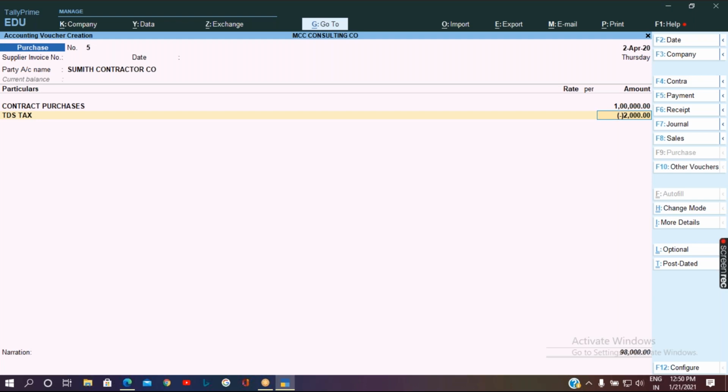If he was an individual or HUF resident, then it would have been deducted at 1%. In case no PAN number was provided to that party ledger, then it would have been deducted at 20%. Okay, so this is how you are going to deduct the TDS on the purchase entry.